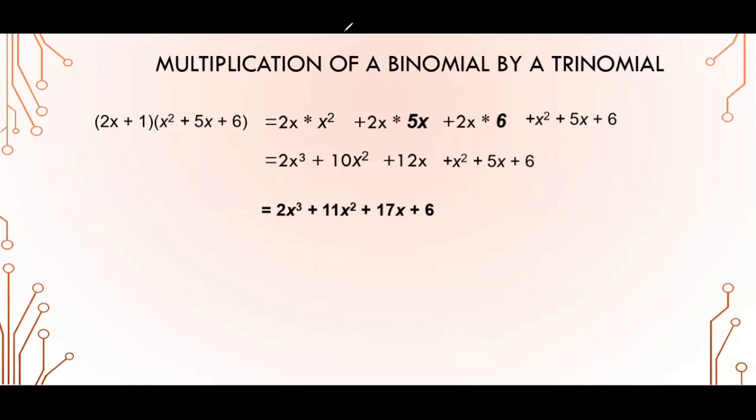So what you have to remember is you have to multiply the first term to this. You got 2x cube. Multiplying 2x to 5x, 2 into 5 you got, and x into x is x square, you got 10x square. Multiplying 2x to 6, 2 sixes are 12, so that is how you got 12x. And then multiplying 1 into x, you got x square. 1 into 5x, you get 5x. And 1 into 6, you get 6. Bringing these like terms together, 2x cube is alone. 10x square plus x square gives 11x square. And 12x plus 5x gives 17x and 6. Got it, children? It's easy.